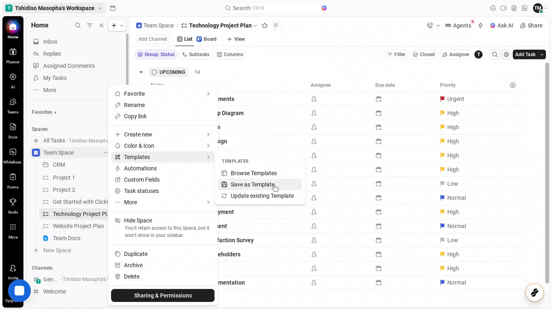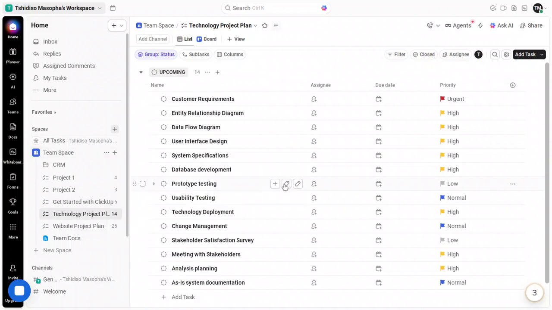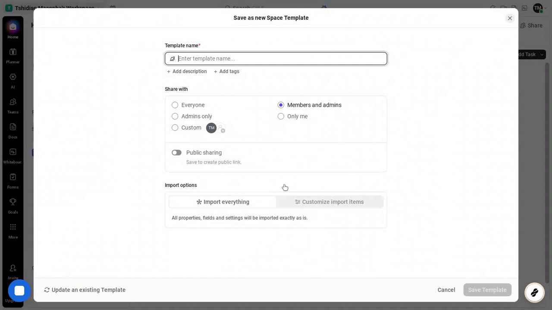A quick refresher. A space is one of the highest levels of organization in ClickUp. Think of it like a department, client, or major function. Because spaces contain folders, lists, tasks, views, and configuration, packaging one properly ensures nothing important gets left behind. Look to the left sidebar and find the space you plan to move. Take a moment to confirm you're in the right one, since everything inside is about to be saved as a